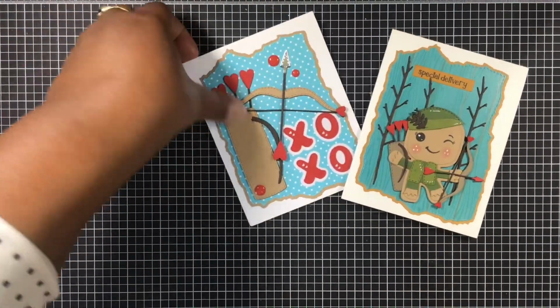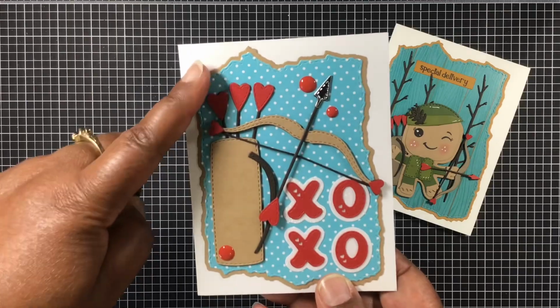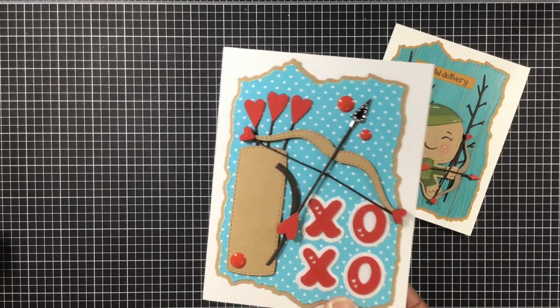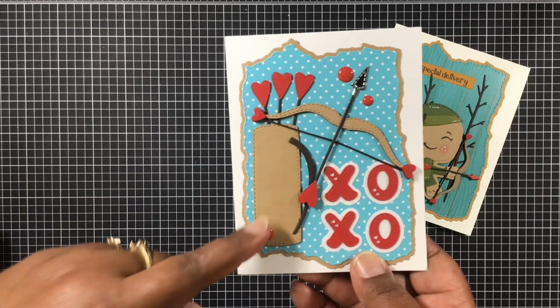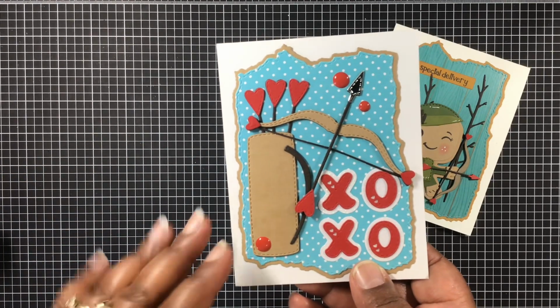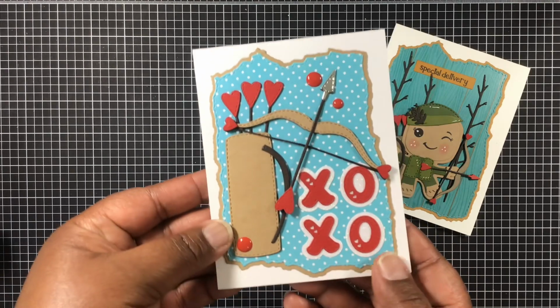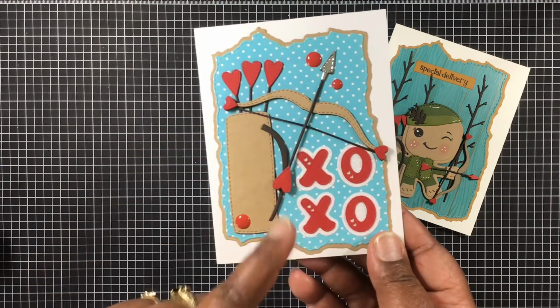Okay, and then on this one here, I used the torn paper frame edge dies as well as the layers. And then there goes that giant Ginger Cupid add-on. I just wanted to give you some other ways of thinking of how to use your dies, so I pulled out her